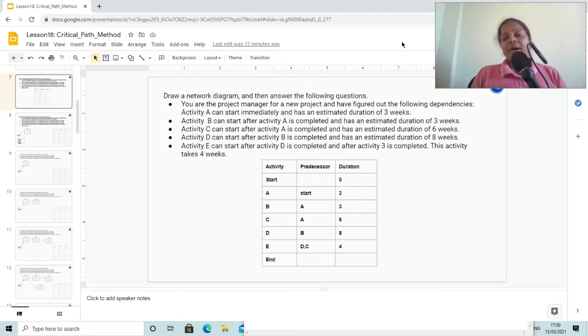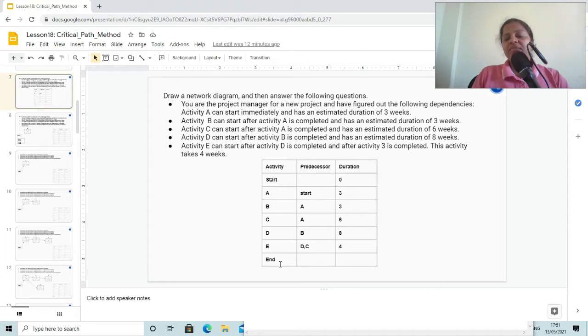In critical path method, so as to understand a float, first we have to draw the network diagram, the activity diagram, and we have to plot all the activities in the diagram, and we have to plot the duration, and we have to first understand the different concepts which I'm going to discuss with you for calculating the float. So here in this example, you can see that I have taken a very simple example.